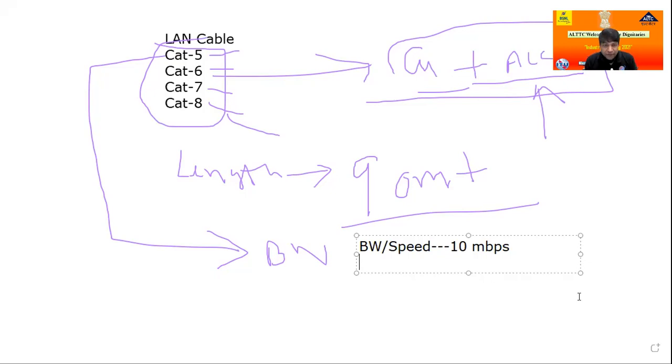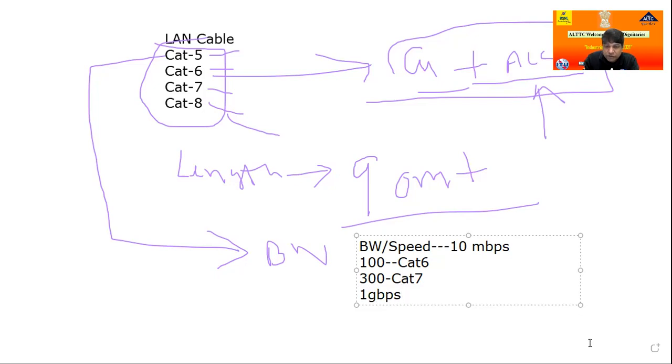Second is Cat6, 100 Mbps. I write Cat6 here, and Cat7 300. I put all this data here. This is critical data, not to be found in the book. If you search on Google, ideally there is speed up to Gbps showing there, but actually here I write the real speeds: 100 Mbps, 300 Mbps, and for Cat7, 1 Gbps is possible.